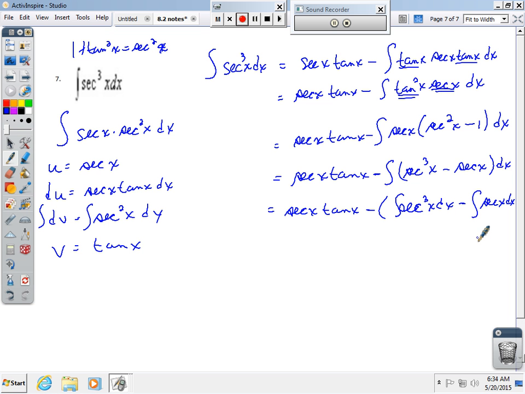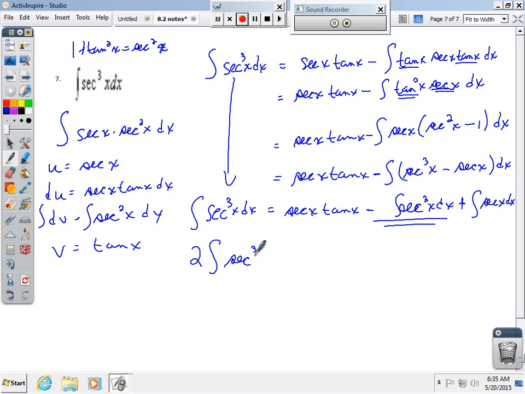And without having to write this whole thing over again, I'm going to distribute the negative in here, so that'll be negative, and then that'll make this a positive. Now I'm going to bring this down here. You're going to see why in a second. Secant cubed x dx. I'm going to move this integral over to the other side and have like term integrals. So when I move that over, I'm going to get two integrals of secant cubed x dx is equal to